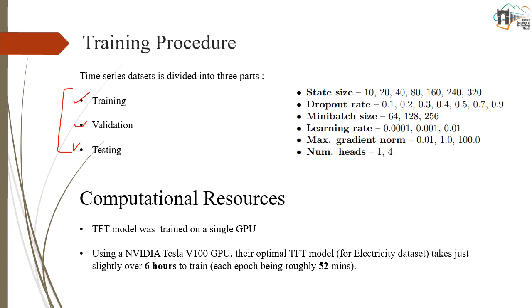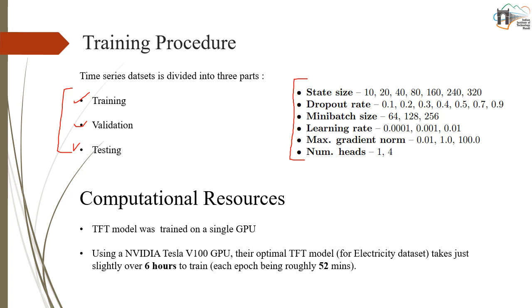Then, during training, there was also an issue of getting better hyperparameters, because hyperparameter tuning is a required thing to do when we have a large model. So what researchers did was they took a large domain of state size, dropout rate, mini batch size, and also gave the learning rate sizes, or all the possibilities that they can have, so that they can get fine-tuned parameters to give as an input to our models.